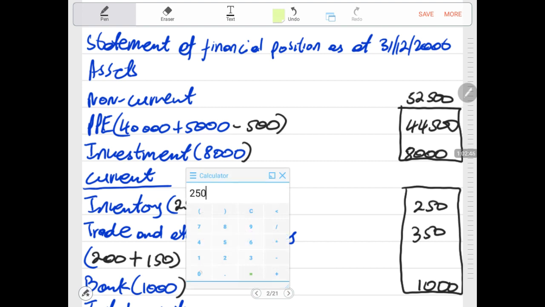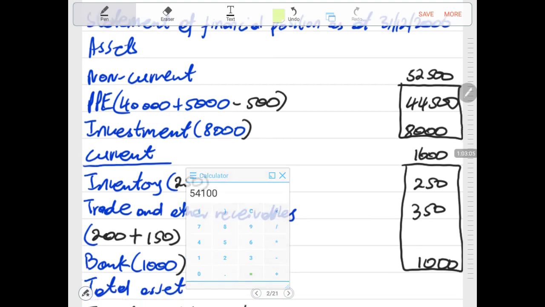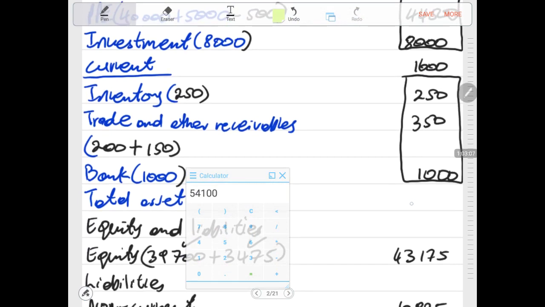Current assets, we have 250 plus 350 plus 1,000. It is 1,600 rands. Then we say 1,600 rands, we plus 52,500. This gives us a total of assets as